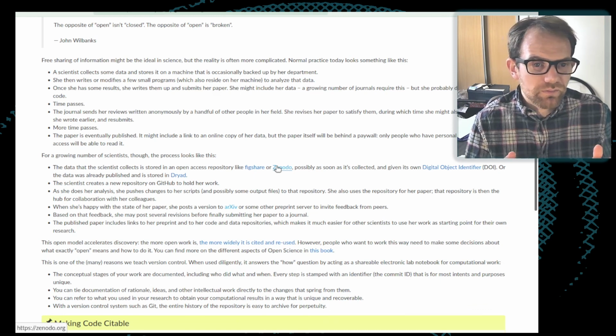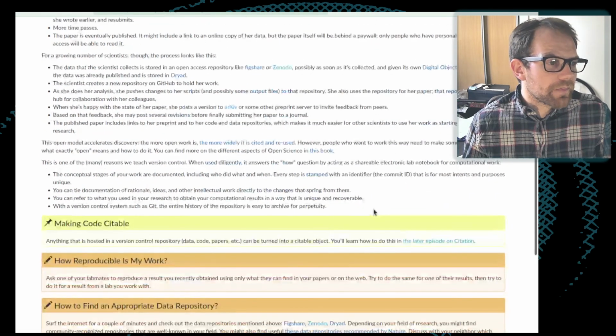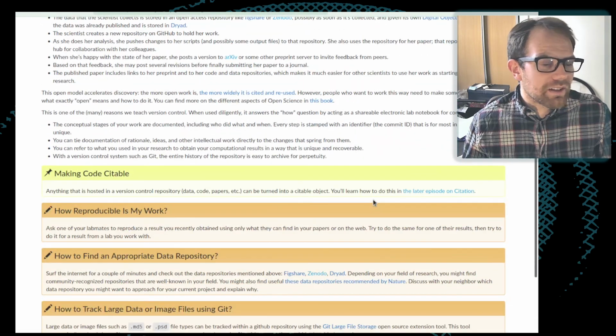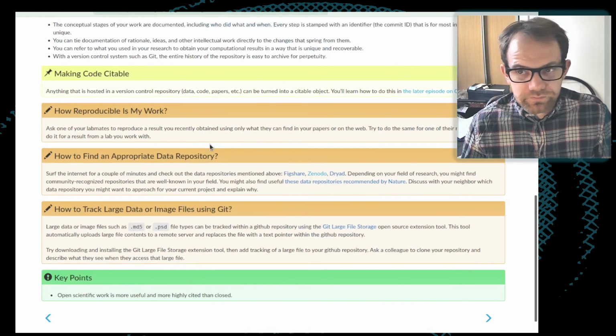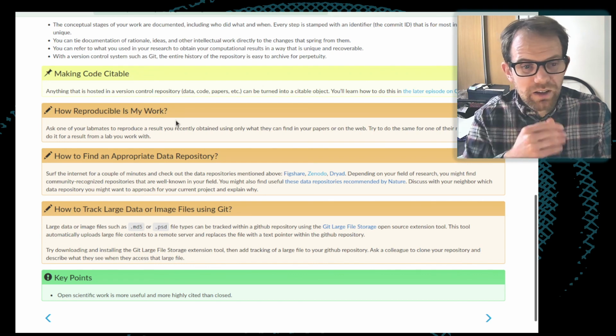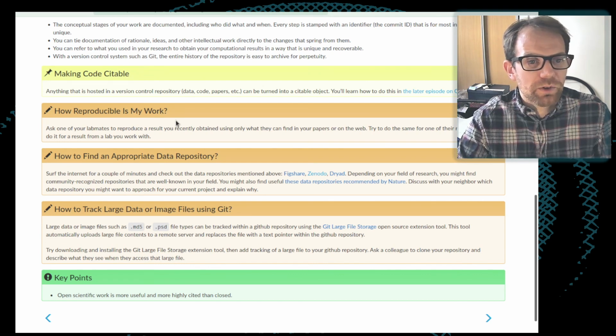So really, I suggest just having a quick glance through the remainder of the sections in this lesson, which talk about this kind of accessible, citable science. And then we are into the last 5 minutes. I'm not going to talk through all of this. I think you are all probably capable of having a read of it yourself.